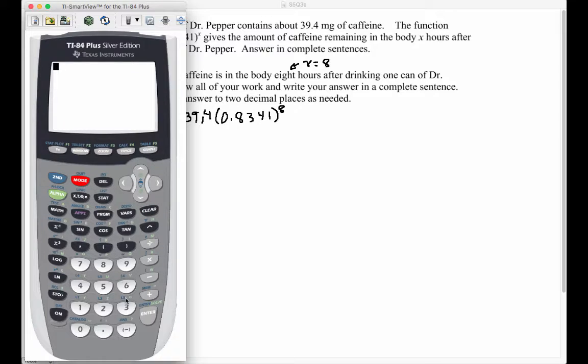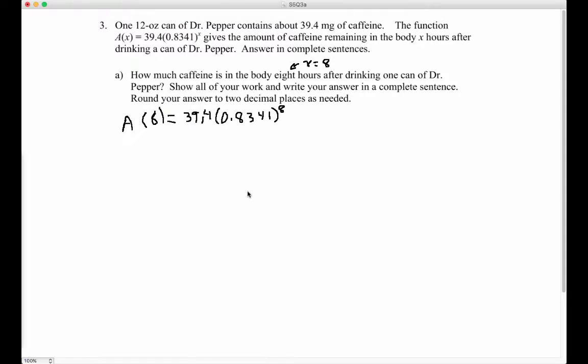So we're going to take 39.4, parentheses, 0.8341, and we're going to raise that to the 8th power. Hit enter, and it tells us that we're going to have roughly 9.23 milligrams of caffeine left in our body. So A of 8 is equal to